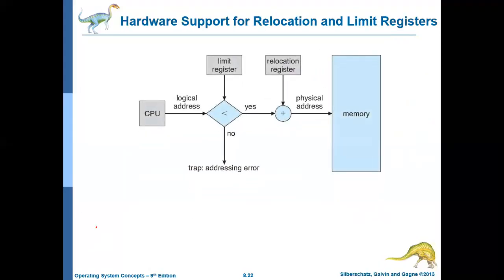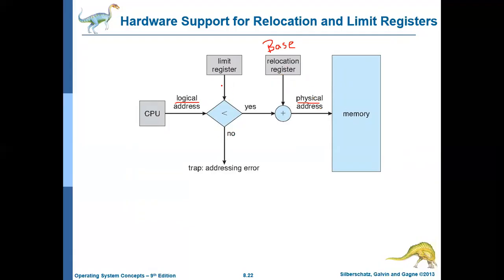So this diagram again explains the same thing. The CPU creates a logical address and that will be checked against the limit register, whether it is less than the limit register value or not. If it is less, it will be allowed to access. But before accessing, whatever address the CPU generated will be added with the content of the relocation register. Relocation register is nothing but the base register. Base register is otherwise called the relocation register. By adding that, what you get is called the physical address. And now the CPU will be allowed to access the memory content of that particular location.